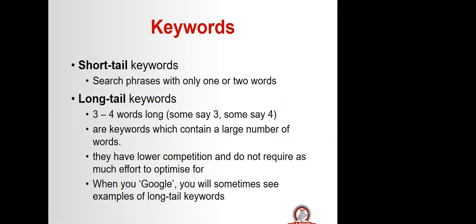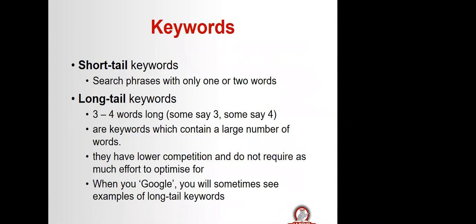So when you have a phrase, that's going to minimize the competition, because if I just type in shoes, think about how many millions of websites or listings would appear for just shoes. But if I narrow it to